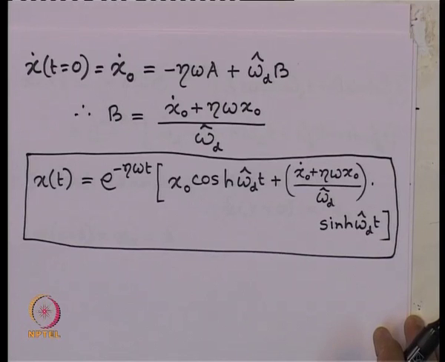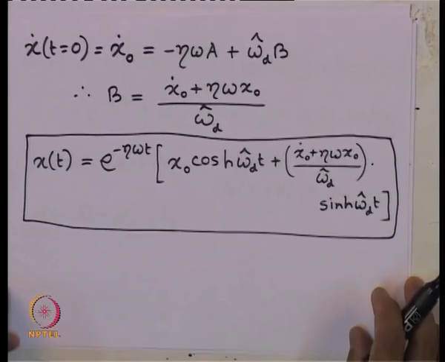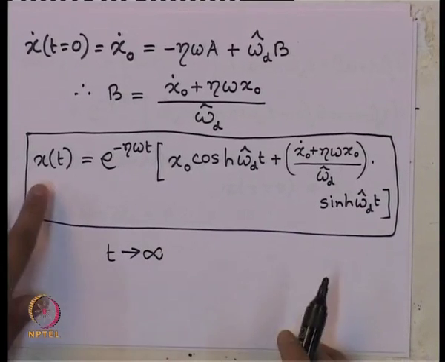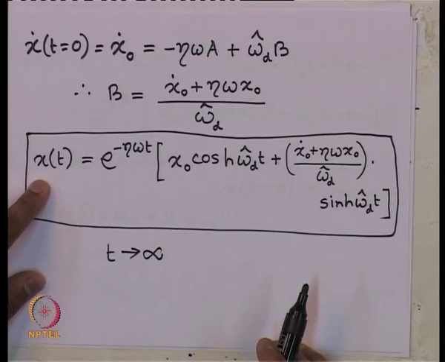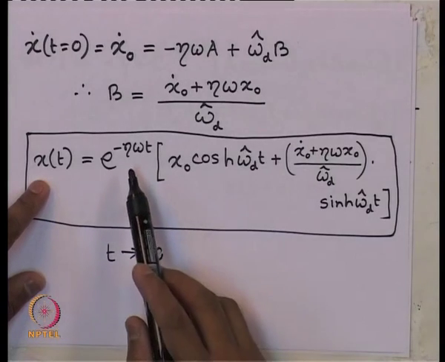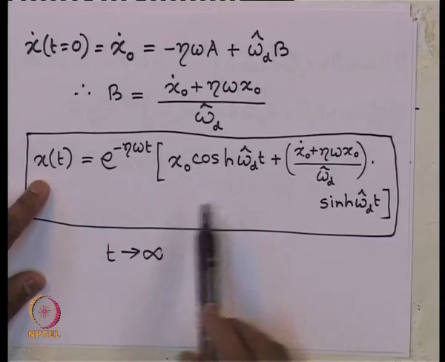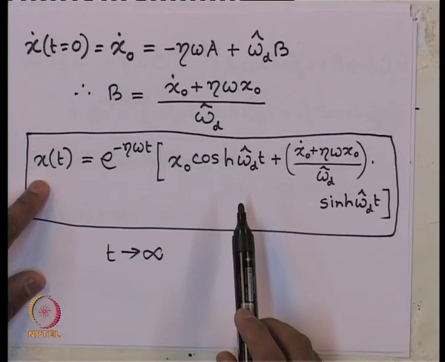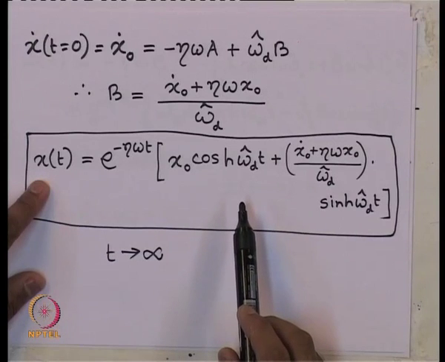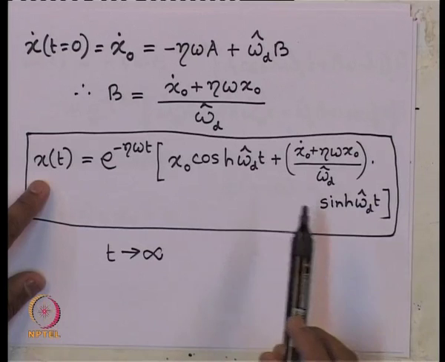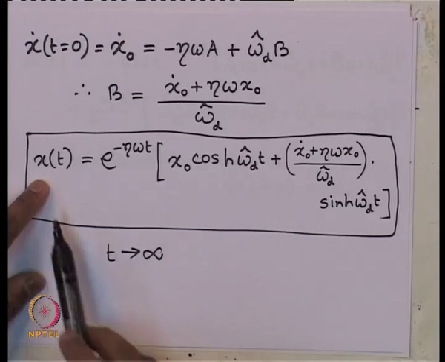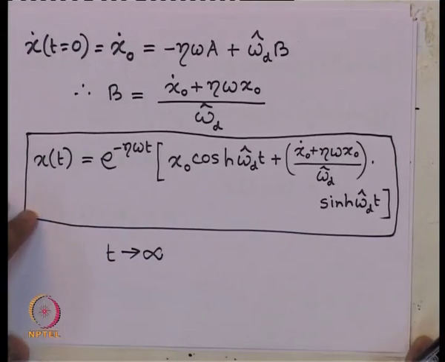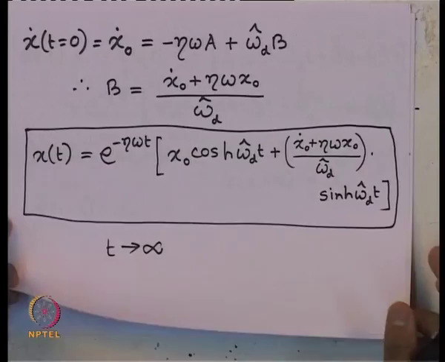Now, if we want to see the response of this function, that is when t tends to infinity, how x of t behaves with respect to t, we can find that again this is exponential decay and this is cos hyperbolic function, within which also we have exponential functions, because we have seen what the cos hyperbolic and sin hyperbolic functions are. So, finally, it will also decrease without any oscillation. So, there also will be no oscillation.